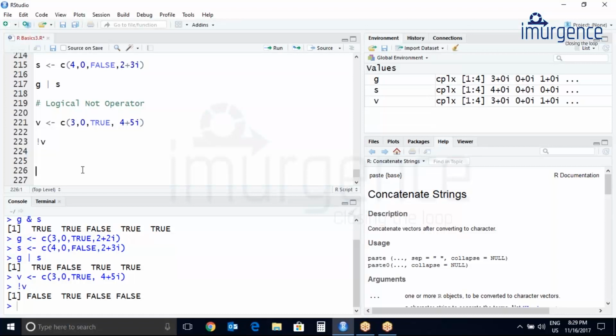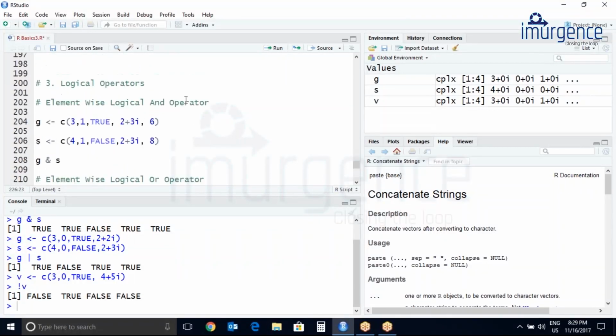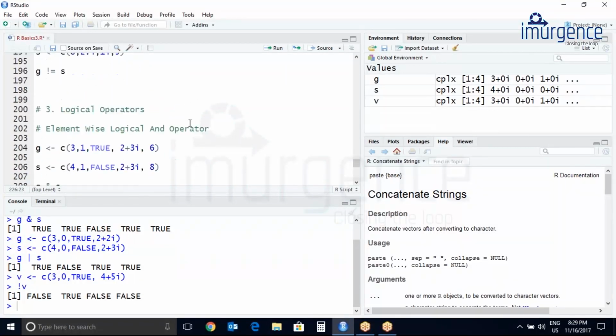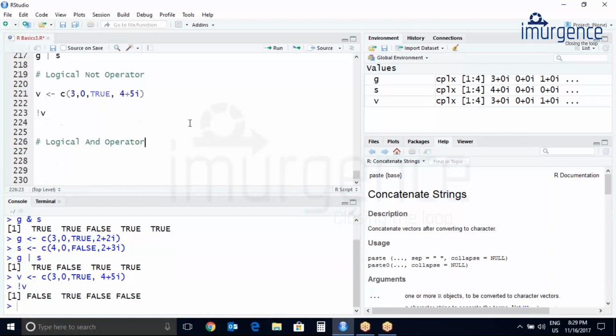Now we will see the logical AND operator. Previously we have covered the element wise logical AND operator. Now it will be just a logical AND operator. We will see what is the difference between both of them.